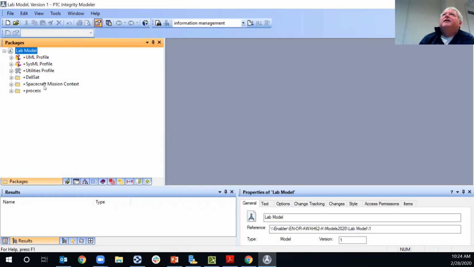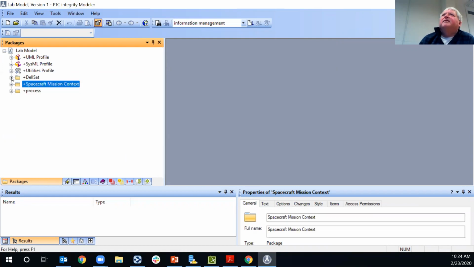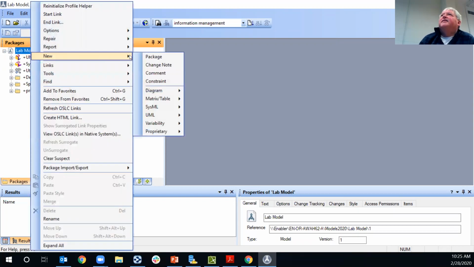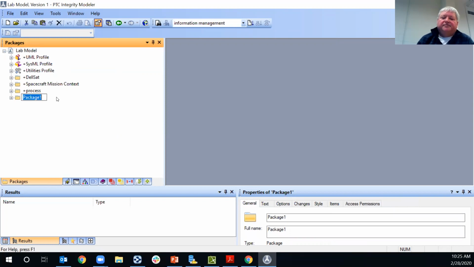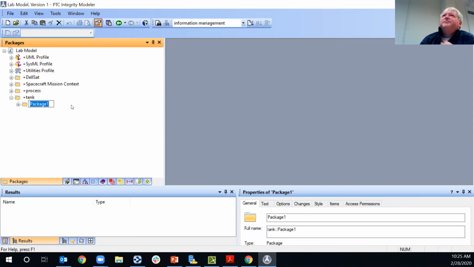So I'm going to go into, let's see, my missions satellite context again. I've got a couple satellites. So here's my Dell. But if I want to create a new model in here, or a new folder, as an example, we've stepped through how to make a new model. Let's say this is your new model. You create a new package, and this is the tank, my other system here. I'm going to right click on that. There's nothing in it. I'm going to right click on it and create a new package for my context